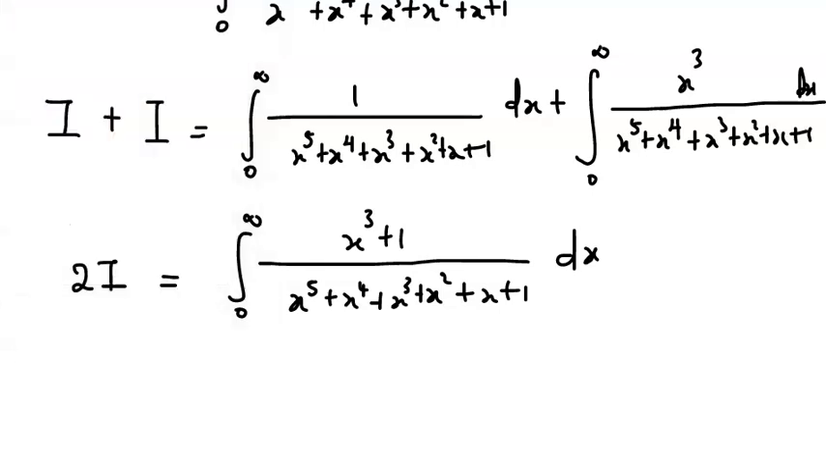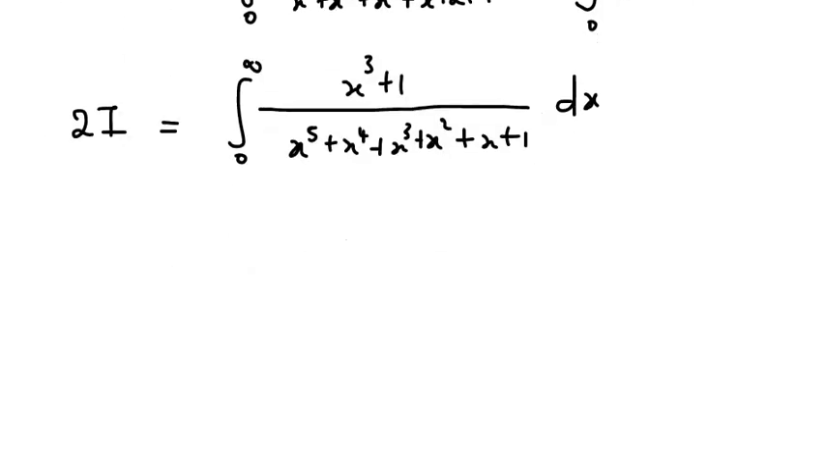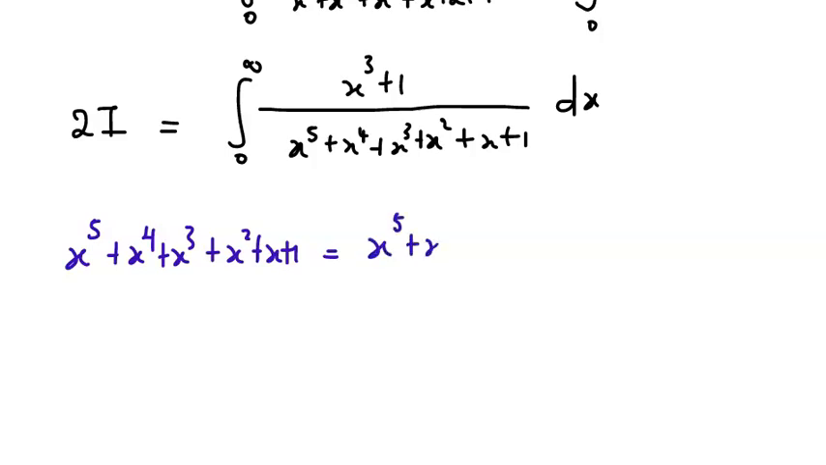So this really helps because this denominator here can be factorized. Okay, so let's do this. We have x to the power of 5 plus x to the power of 4 plus x cubed plus x squared plus x plus 1. So we can regroup this as x to the power of 5 plus x squared. Cool, right? Plus x to the power of 4 plus x